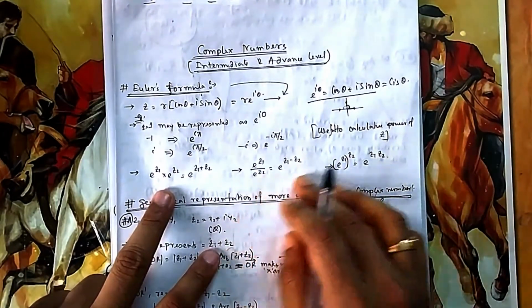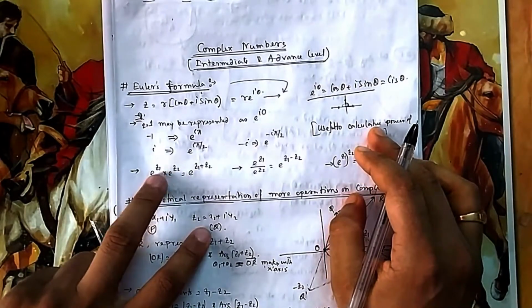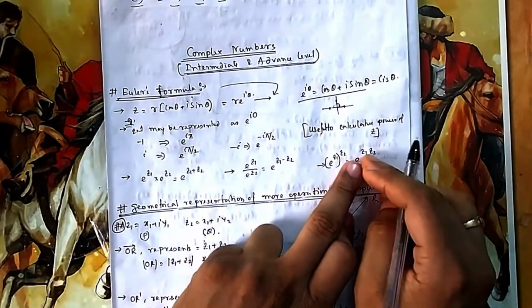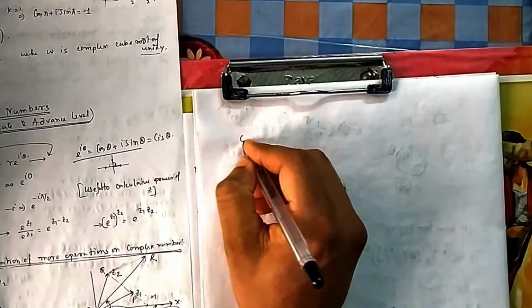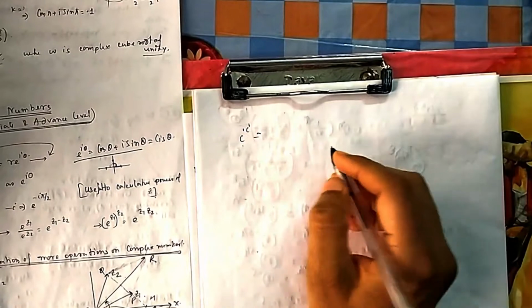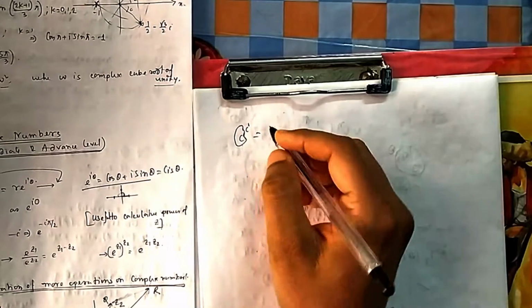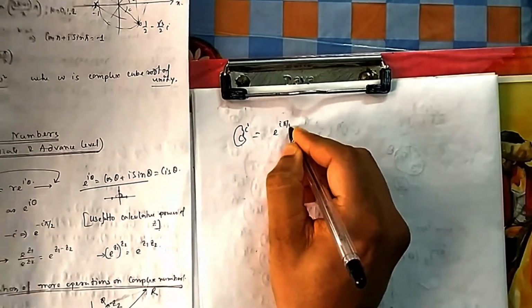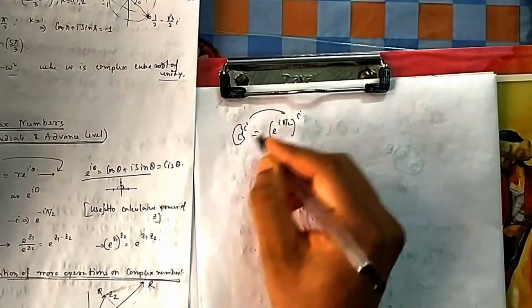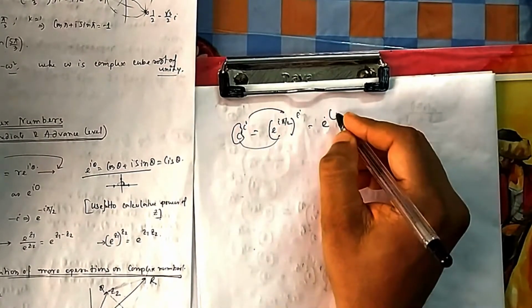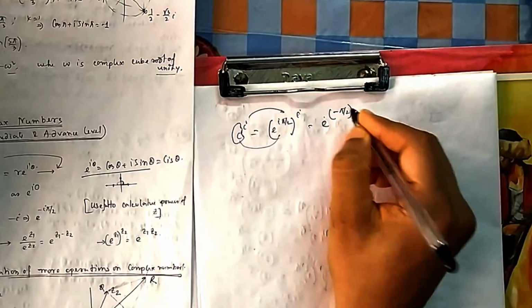That was in exponential form, so the laws of indices apply. If you take a product, bases are equal, then powers will be added; divide, powers will be subtracted; power to the power will be multiplied. So one beautiful example is, suppose this type of absurd thing comes, i to the power i. How to solve this type of question? This becomes very handy using Euler's formula, because this is i. So i you can write as e to the power i pi by 2, just the way I have written here, and then to the power this i. So I have changed the base i to this. Now power to the power you can multiply. So e to the power i square, and i square is minus 1, so e to the power minus pi by 2.